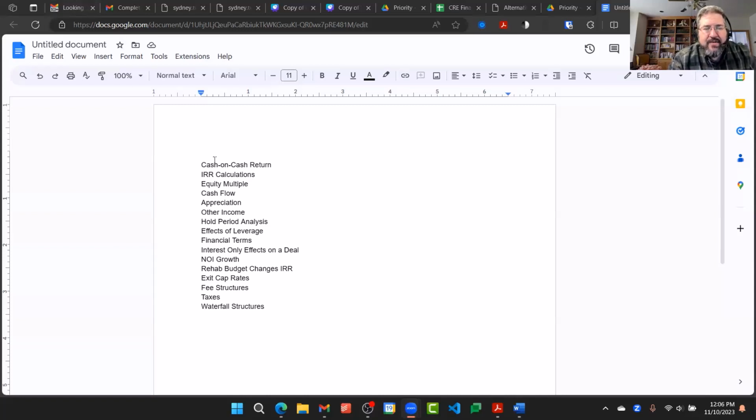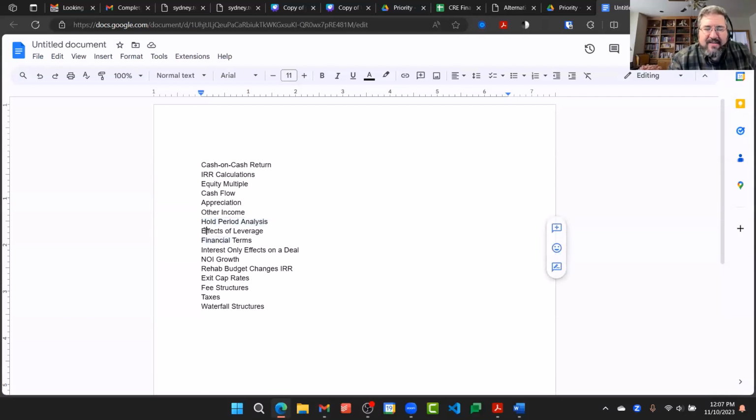But these are the topics that I brainstormed and just started putting together small spreadsheets for. The first one is how do you calculate cash on cash over a 10-year time period? How do you calculate the IRR? How do you calculate the equity multiple? We'll talk about what cash flow and appreciation are and how those are modeled, how the hold period affects your analysis,